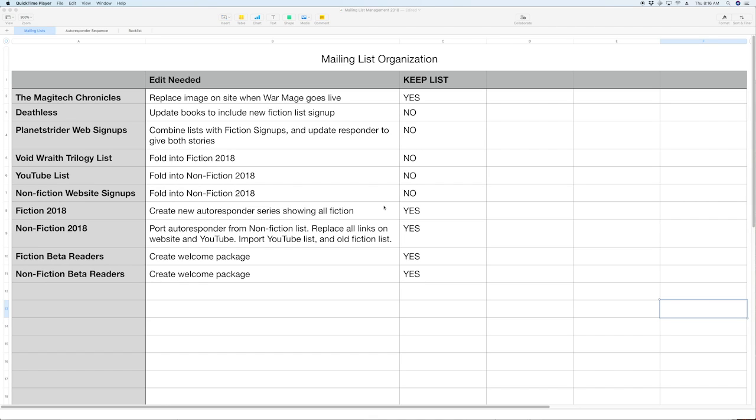The reason I chose to do it here in an external document is twofold. First, if I choose to move everything over to another mailing list provider, I can do so and keep this external and still have an idea of what my organization should look like. And the second part is I'm learning that I'm going to need an assistant. I'm going to need somebody that can do stuff like this on a regular basis.